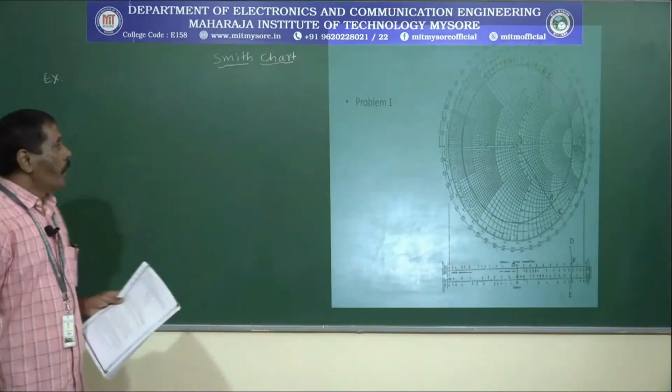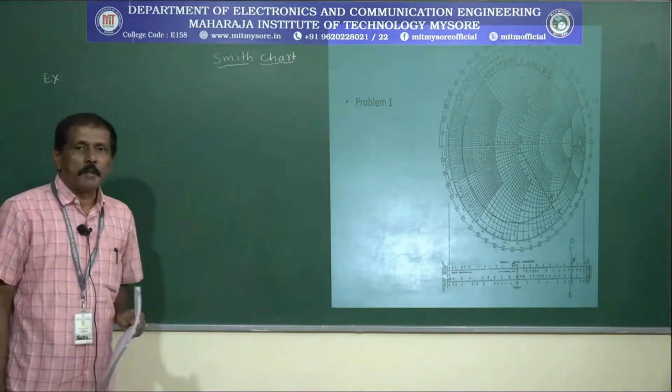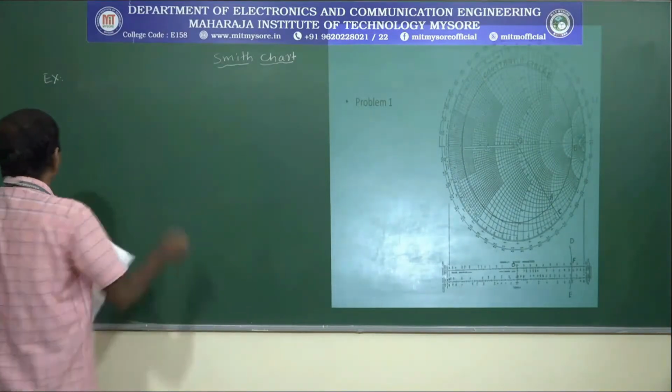Let us solve one problem using this particular Smith chart, and the given problem is